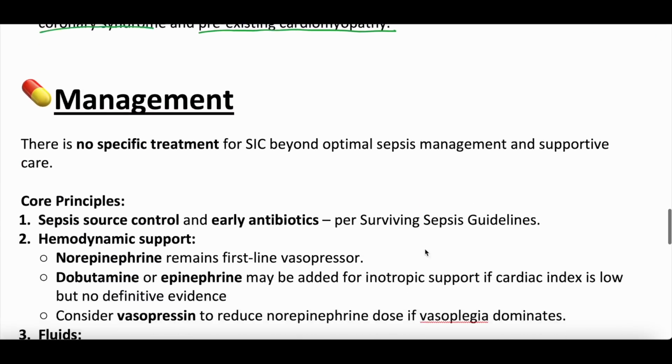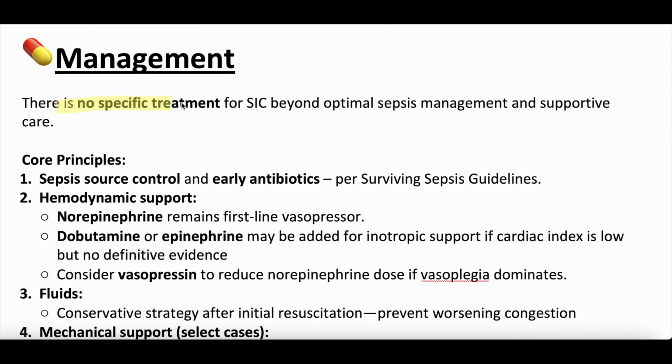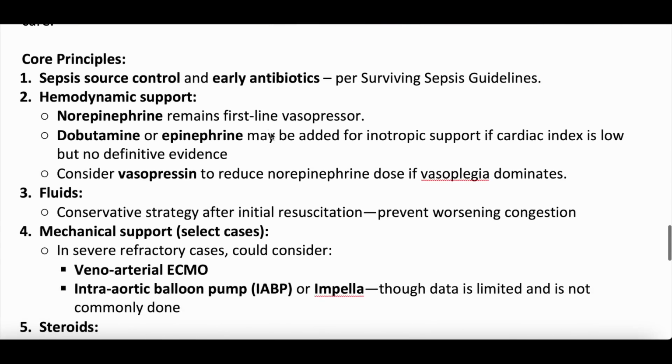All right, management of these patients. So unfortunately, there's no specific treatment for sepsis-induced cardiomyopathy beyond supportive care and treating the underlying cause, being sepsis. Okay, there's no magic IV medication you could push that then causes myocardial cell recovery. So the core principles related to that are you want source control, incredibly important. Early antibiotics, incredibly important. These two things make a huge difference. Make sure they don't have an abscess somewhere that needs to be drained. Make sure they don't have cholecystitis or appendicitis, or obstructive nephrolithiasis with hydronephrosis, right? These are things that won't get better without removing the source or decompressing the source. So early antibiotics and source control.